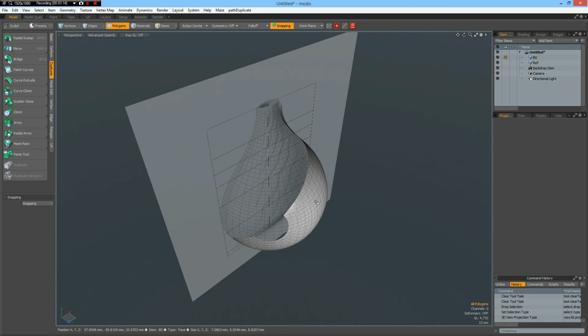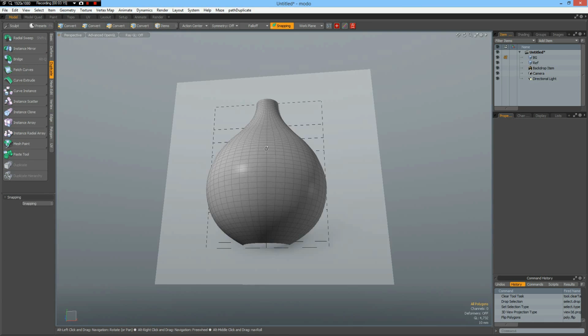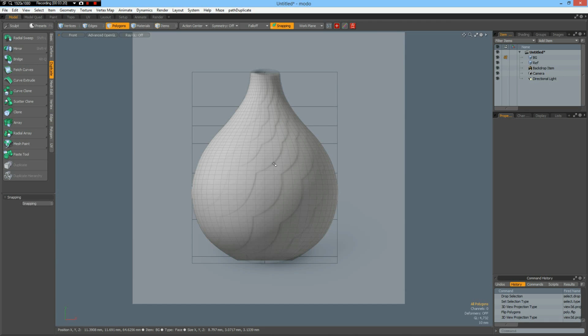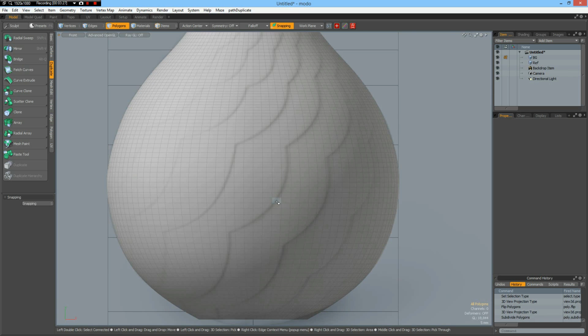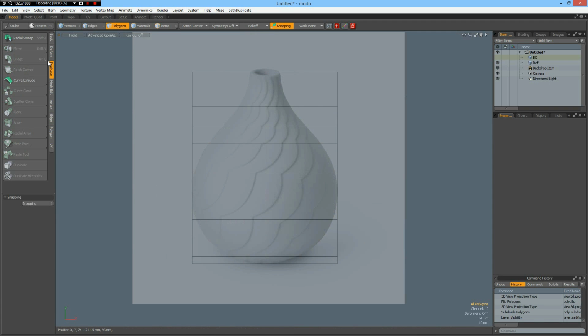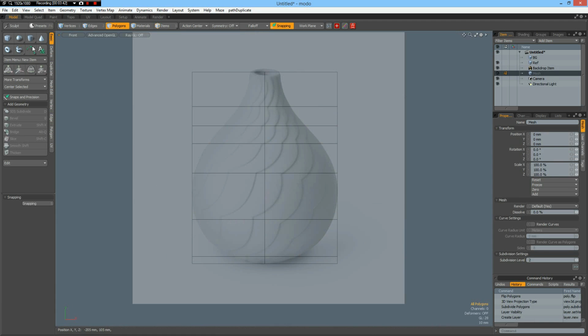Perspective, it's flipped, so F key to flip, and in front view I press the D key again, and that's okay. Now we don't need to see this, and I go basic, a new mesh first,